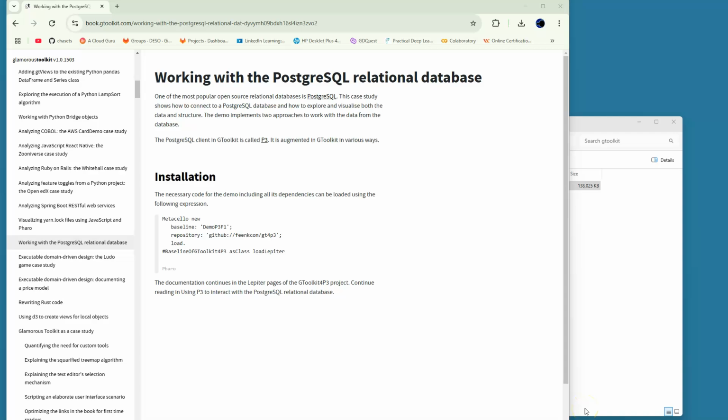In this video, we're going to continue looking through the GT book in our quest to go from advanced beginners in GT to intermediate developers. So I'm assuming that you've already bought into the idea of moldable development, that you've watched a ton of videos on that topic from the Glamorous Toolkit YouTube page and others, that you've watched the 7-minute videos multiple times and even used GT to start solving your own problems. So what I want to do is walk through some of the things that are in the book